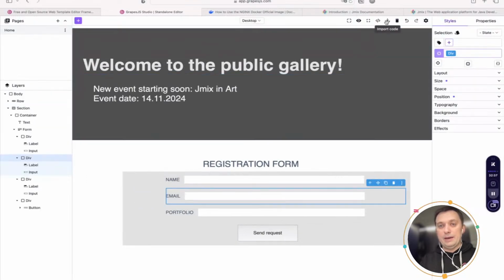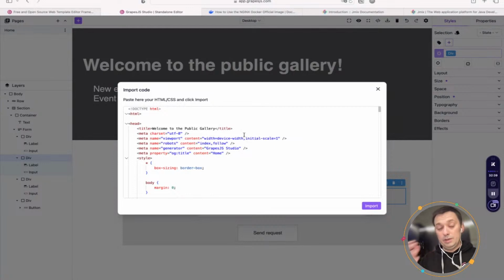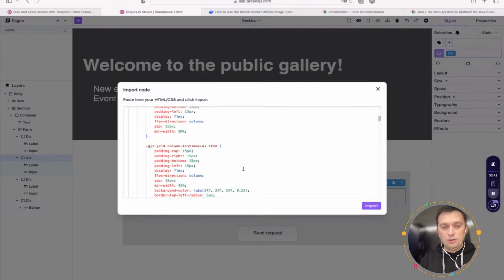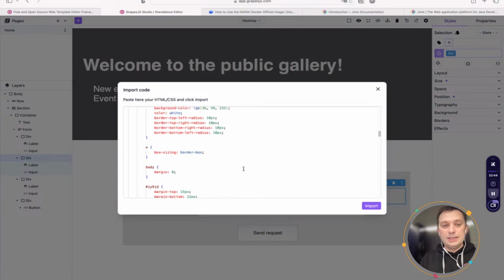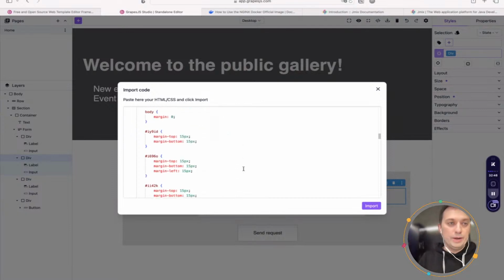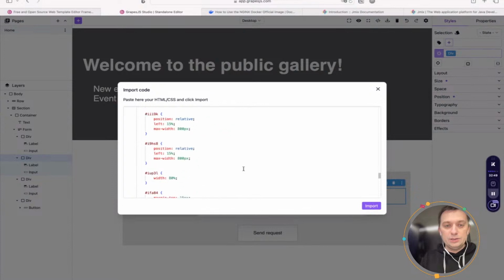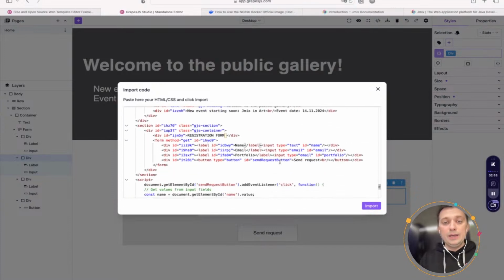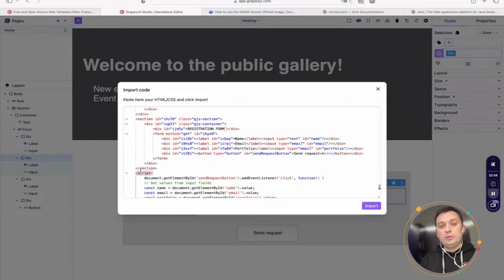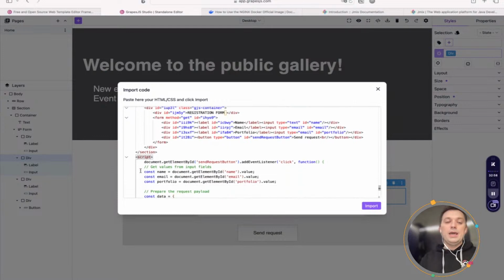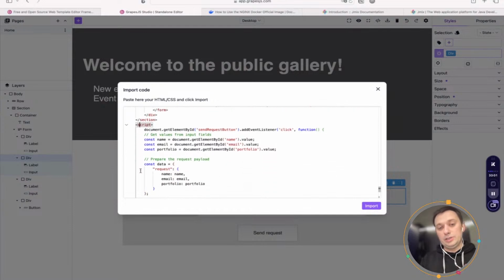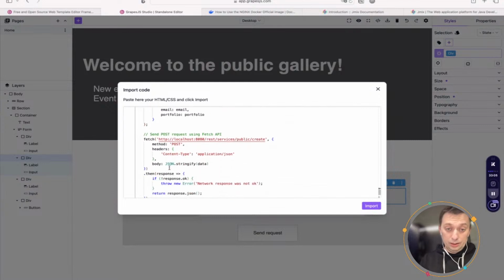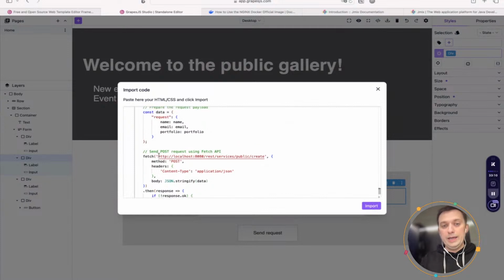I can make some manipulations with the code, so I get all the code right here. I see some CSS, which will automatically generated by Grapes.js, and I can interact with the HTML layout itself, so I can see here are some labels, input fields, and I've also put here manually a script. And a script built with JavaScript, a small script which I built together with ChatGPT, which calls the endpoint, which